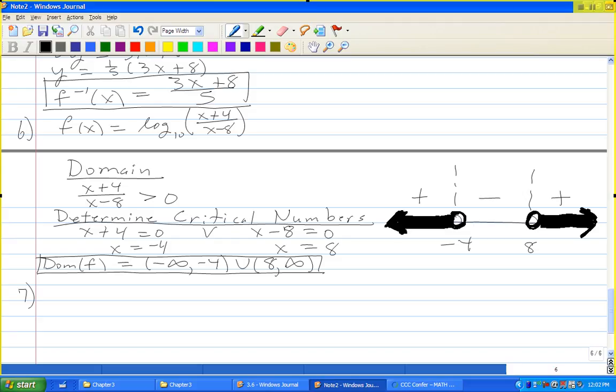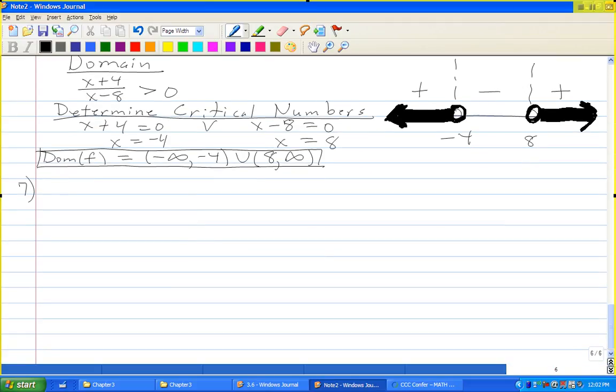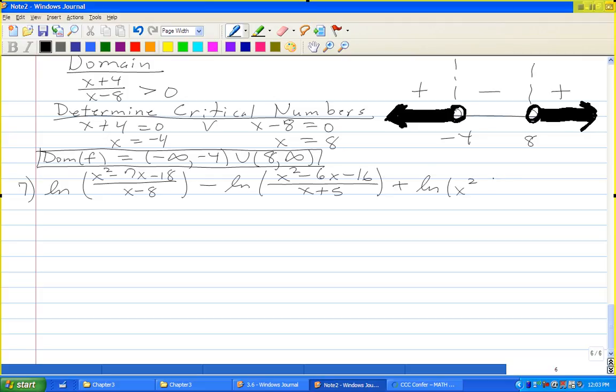7. Express the following as a single logarithm. ln of (x squared minus 7x minus 18) over (x minus 8), minus ln of (x squared minus 6x minus 16) over (x plus 5), plus ln of (x squared minus 18x plus 81). So this is equal to